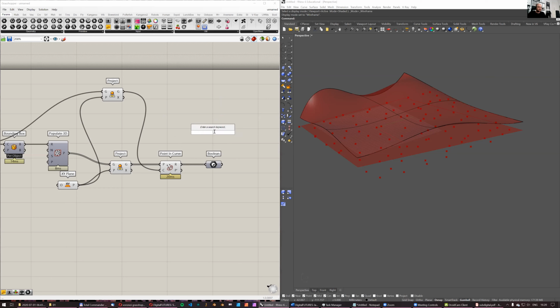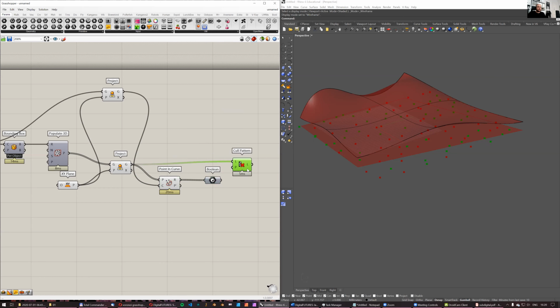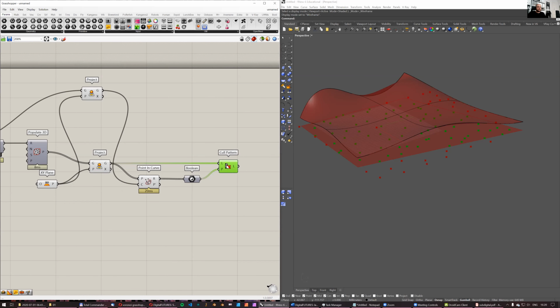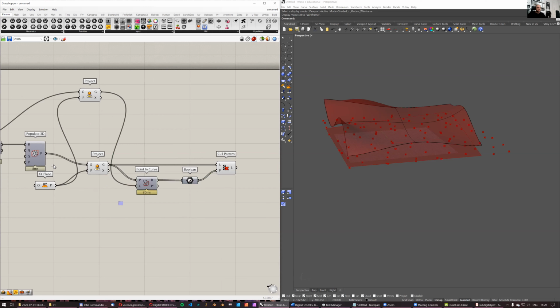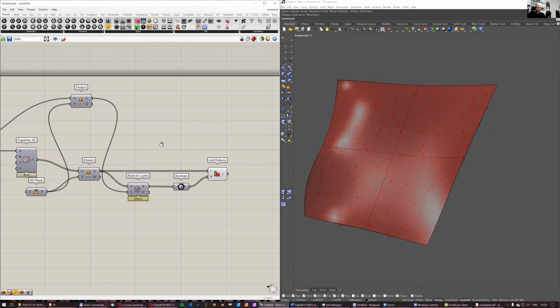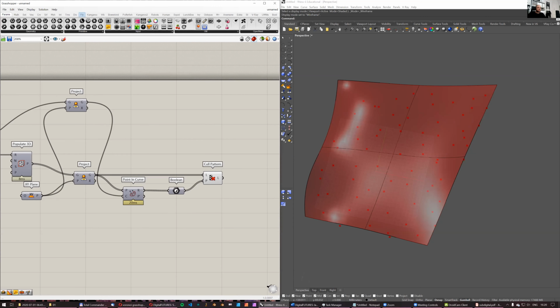I can do Cull Pattern, which basically leaves only those that in the pattern are true. So like this, now only the points that are inside remained. I will just hide this again. Also this. So now I have points that are inside, and I can apply the Voronoi diagram now, which is kind of forbidden, but